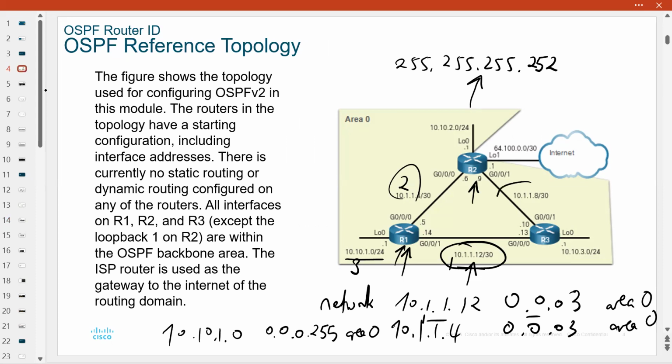R2, we have this network connected. We have this network as well connected, number 2. And we have this network connected. And lastly, this one. So R2 will advertise 4 networks. So you just configure those networks. This one, it will have a wildcard mask with 255. This one with